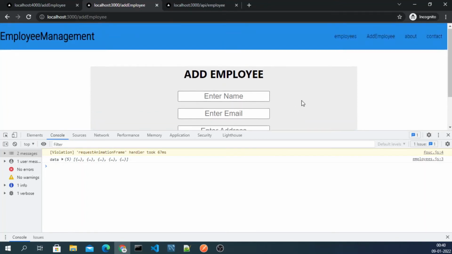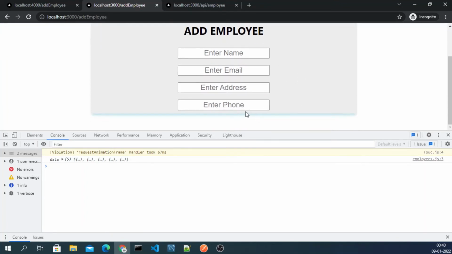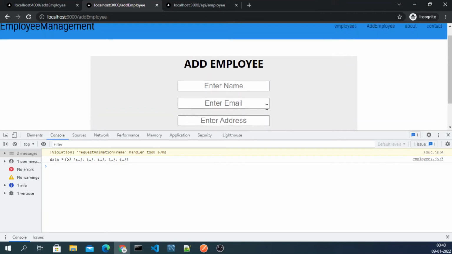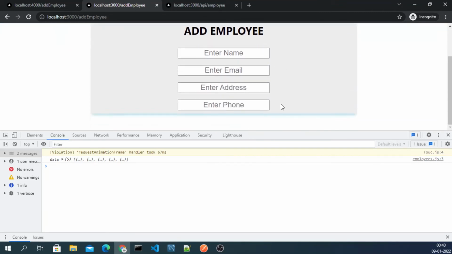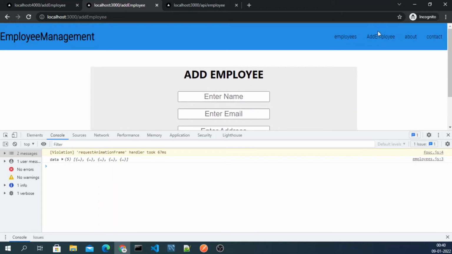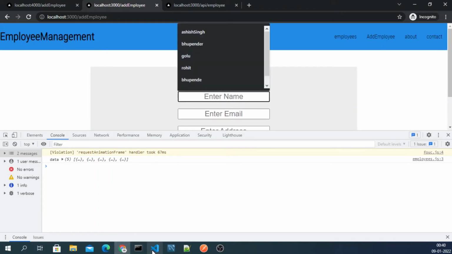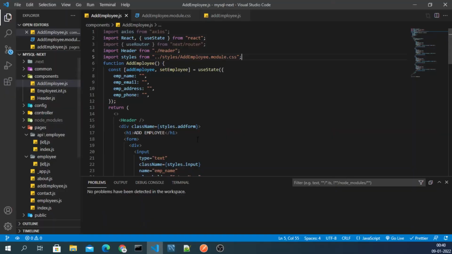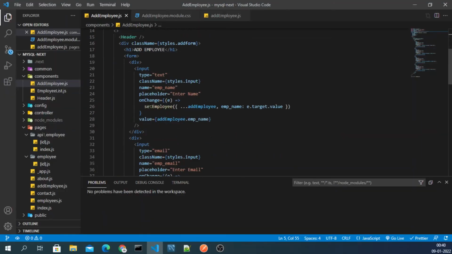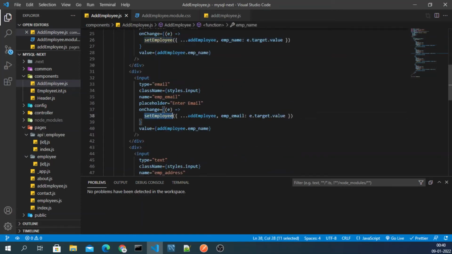are able to get the employees, although the buttons are not there, but we will soon put the button there as well. Right now, guys, I just have to tell you something. You can see we are repeating this thing again and again. There is one more better way to do this.